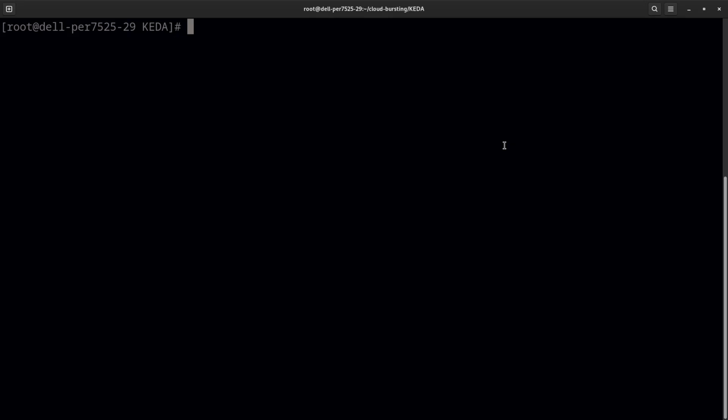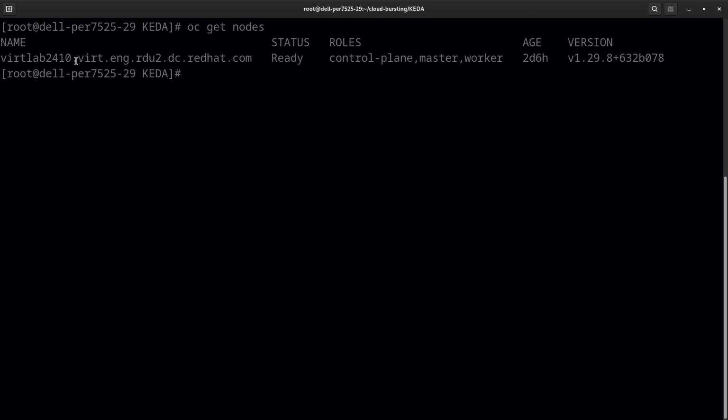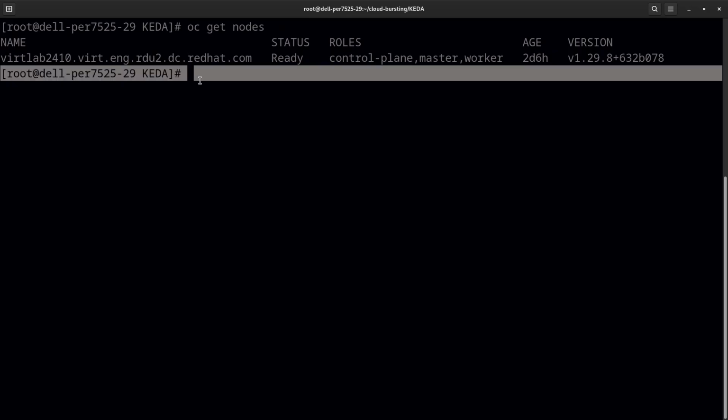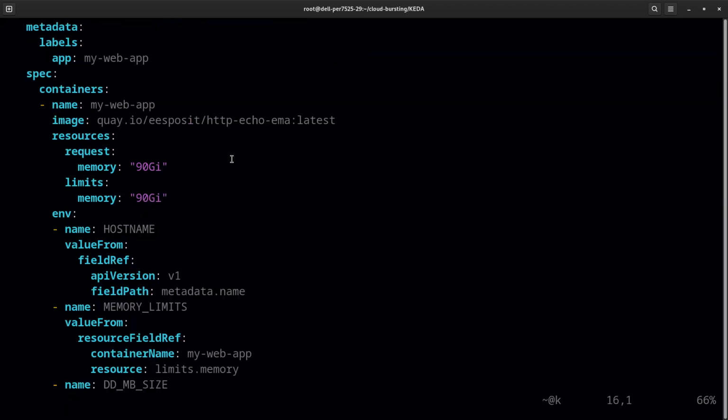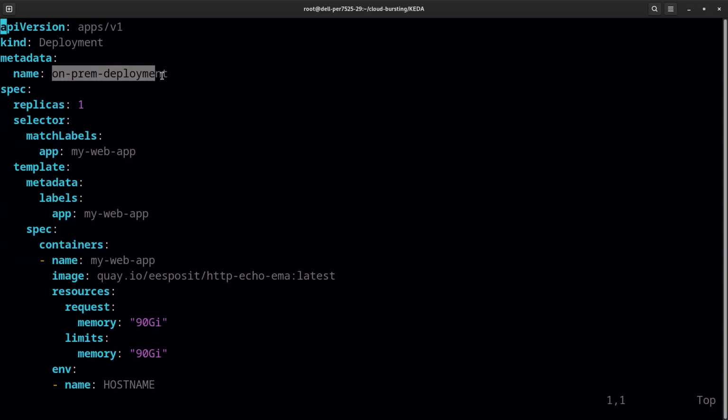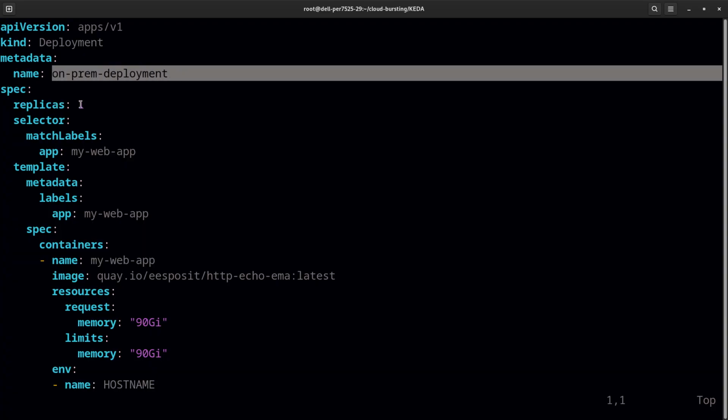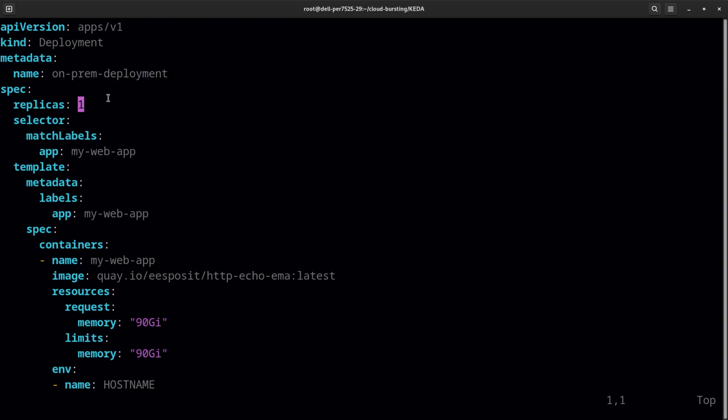Okay, next I will show the YAML files we used for creating the deployments and the data policy. First, let's check the nodes. This is a bare metal server, so we deployed the OCP on-prem cluster. Next, let's see the YAML files. Let's see the on-prem deployment. We name it on-prem deployment, and replicas is one. So we start from running one pod on-prem, and the deployment is labeled with app, my web app, and it's